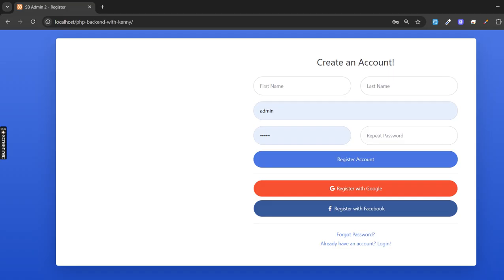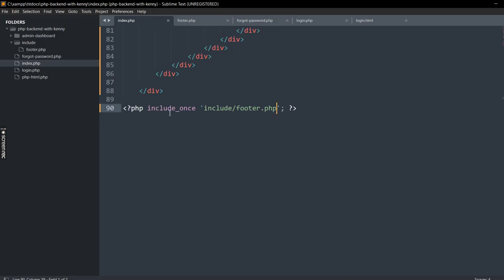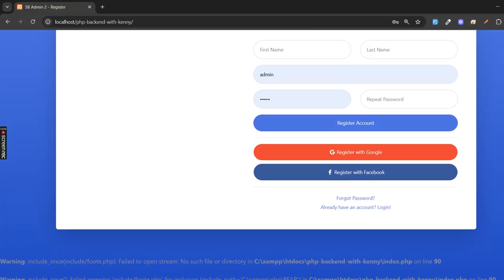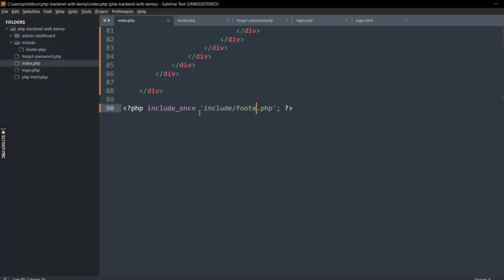Still, if you don't want to use include once, you can use require once. With include once, if anything goes wrong, are you following me? The code will still run. For instance, now if I refresh this page, you couldn't see any. If I scroll down here, you can see it will still run. Do you get it? But it will give you this warning that include once failed to open stream, no such file or directory. But if I had used require once,